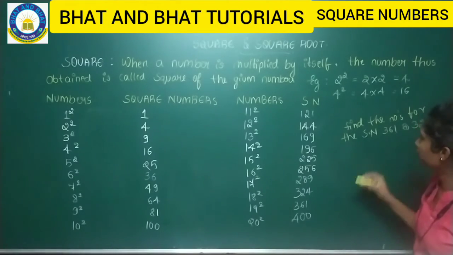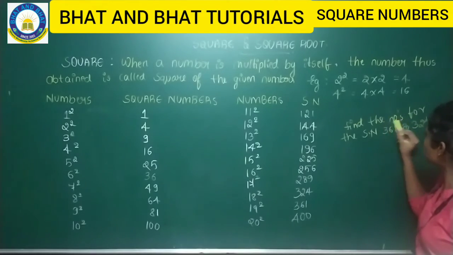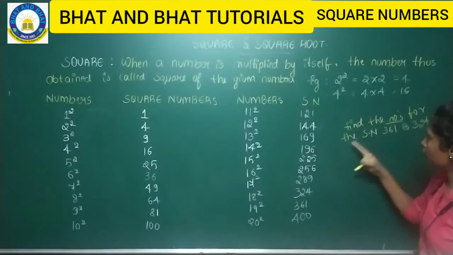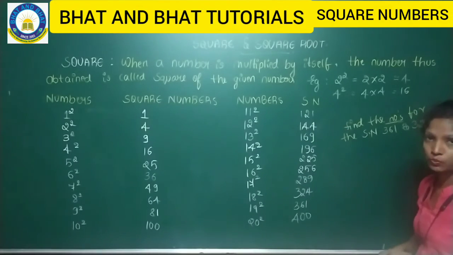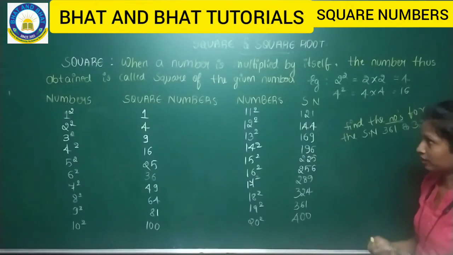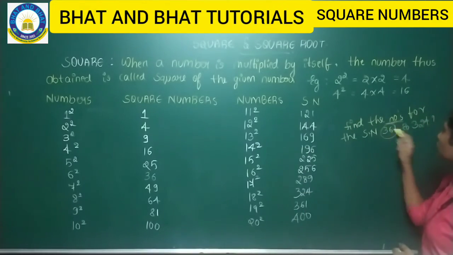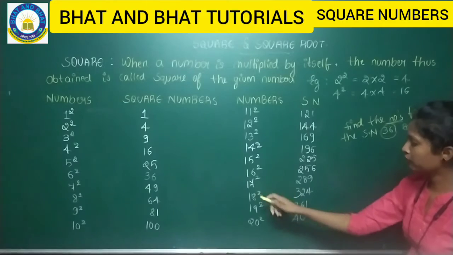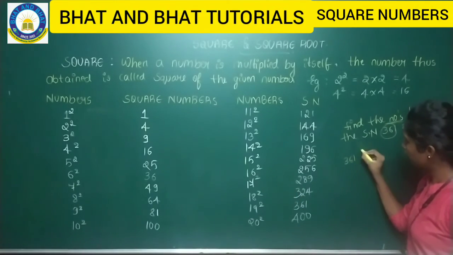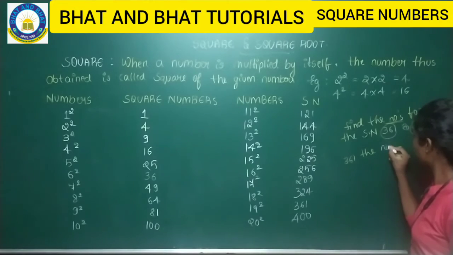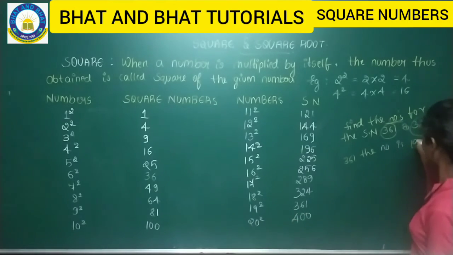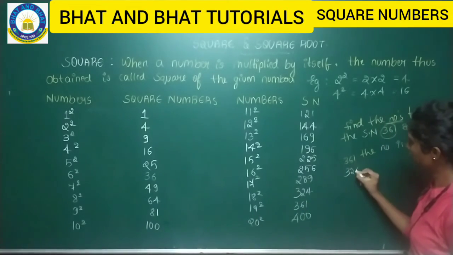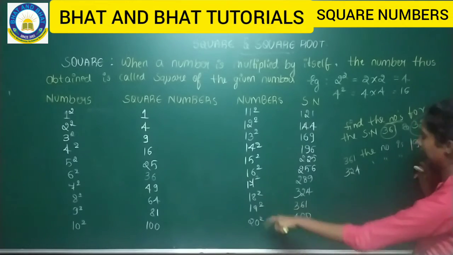What you have to do at that time? So they're asking find the numbers. Okay, they're asking you to find the numbers, where you have to find the numbers for the square numbers. They have already given you the square numbers. By having the base of the square numbers, you have to find the numbers. What are the numbers? 361 and 324. What is the corresponding number that you have for both? And for 361, the number is 19, correct? For 361 it is 19 only, and for 324 the number is 18.